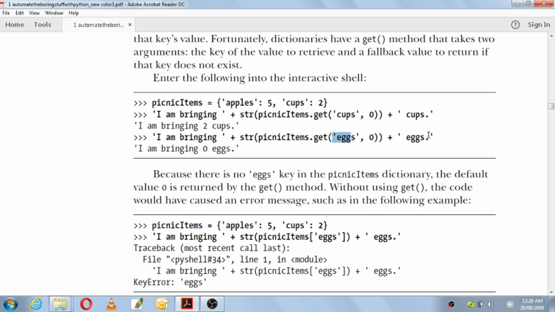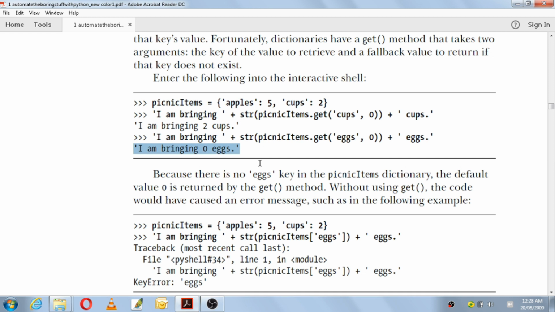So what it will return is, I am bringing what? 0 eggs. The get method will return which value? 0. As 0 is an integer, it should be converted to a string by which function? The str function. And again, what will be concatenated after that? Eggs will be concatenated. So what it will print is, I am bringing 0 eggs.